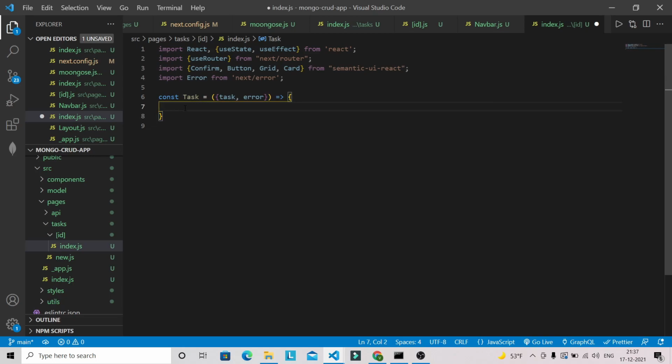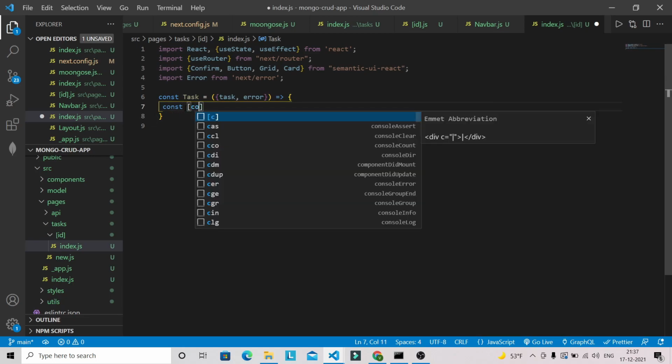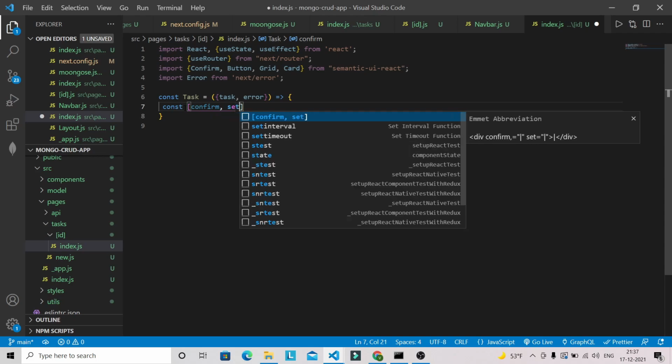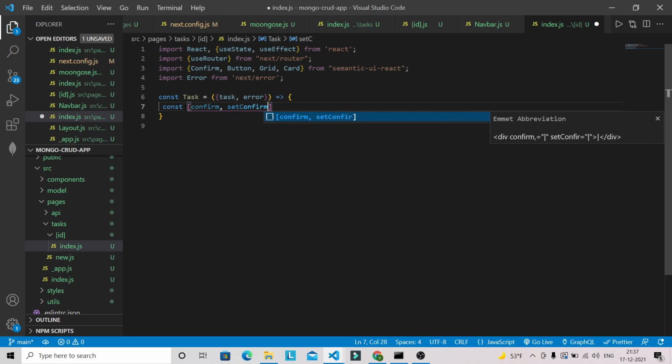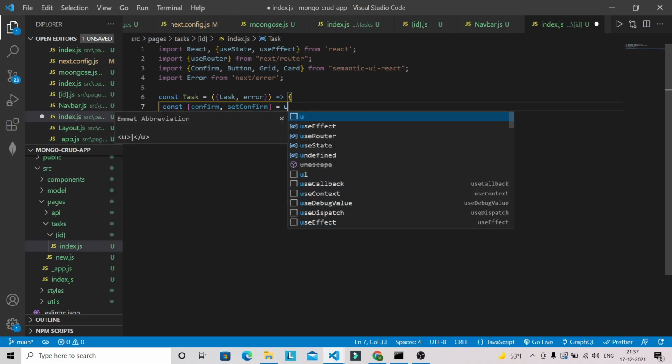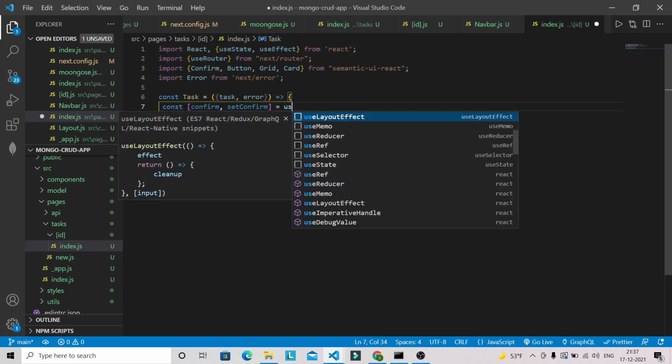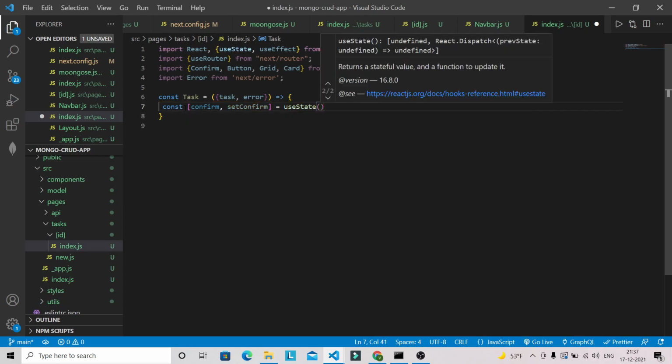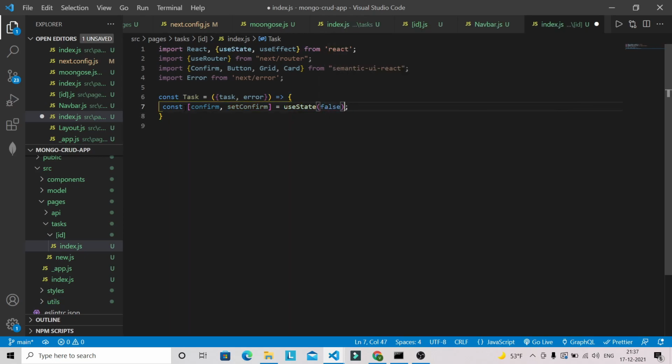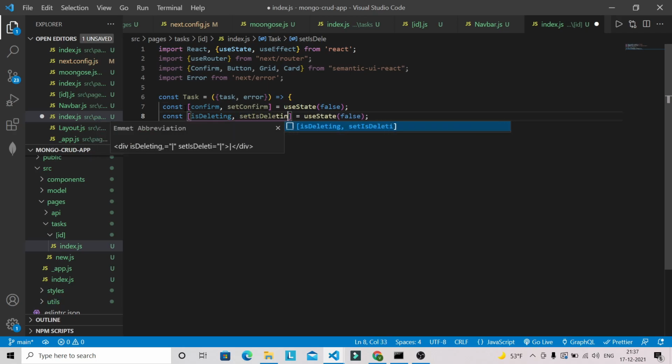Okay, and let's define some state, confirm and setConfirm. We are defining this state for the modal while deleting the single task. So useState, and this will be false. Now we are going to have one more state like isDeleting, and here also we can do it this way, setIsDeleting.